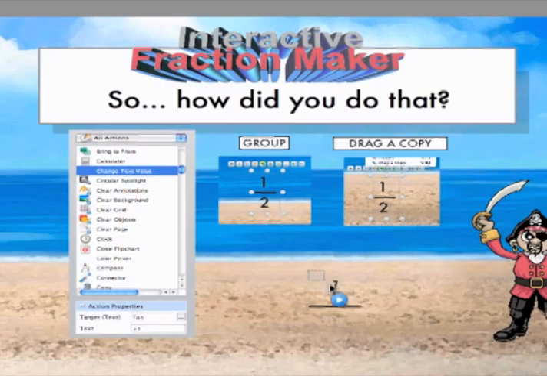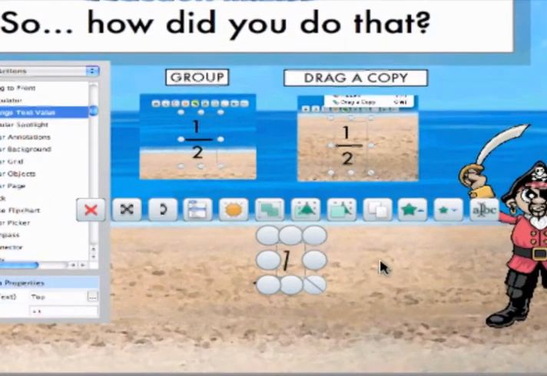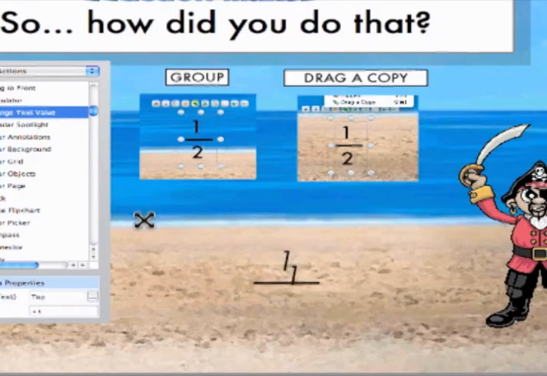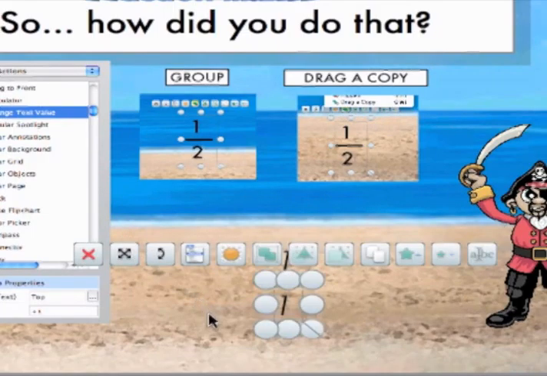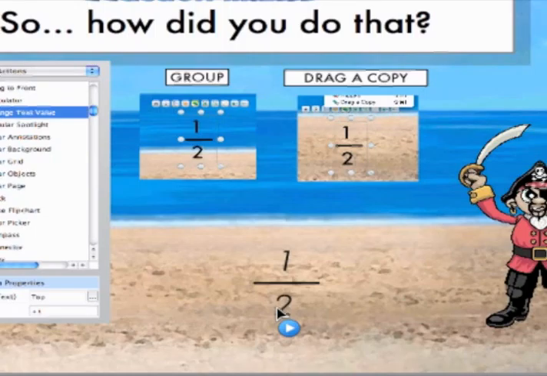Now what I'm going to do is I'm actually going to highlight this 1 right here. And we're going to duplicate it. Because it's doing exactly what I want it to do. And now I'll click it. So now we have 1, 2. So now everything's working. I can now have this interactive fraction maker, but I have 2 more things that I need to do. First off,